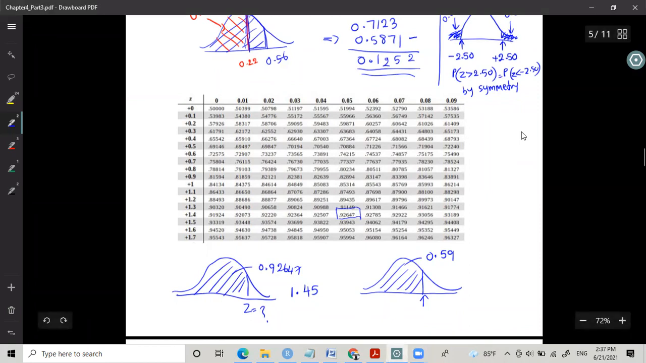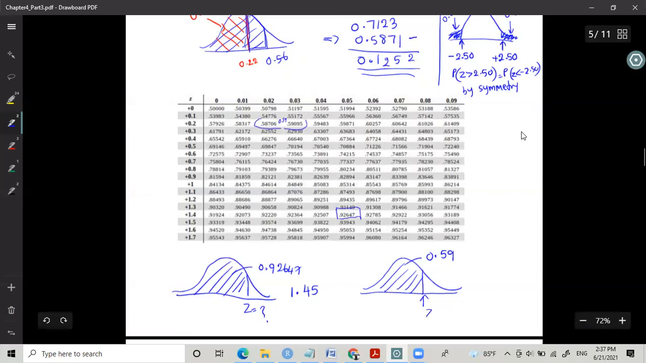You have 0.59095 and also you have 0.58706. So 0.59 will be somewhere in between. Which one is the closest? 0.58706 or 0.59095? You have to find the gap. 0.58706 has about 204 deviation, but here it is only 95 deviation. So therefore the closer value is